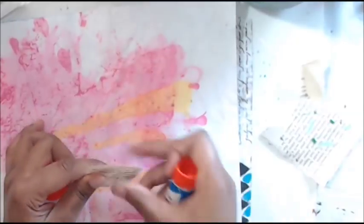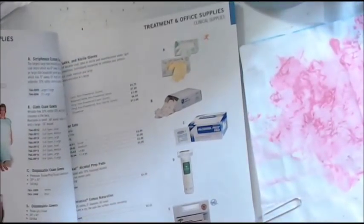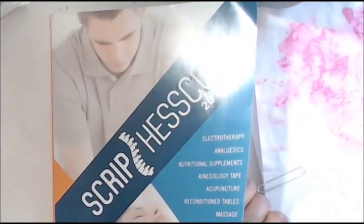Let me show you. What I'll do is I'll be collaging down a piece of paper, right? And because I'm trying to move fast, I go all the way around, I stick it down, my hands get all sticky, the pages stick together, it's not fun, I get my fingerprints all over it, and it's just not good. So a quick tip that you can use is you're going to grab just a catalog,